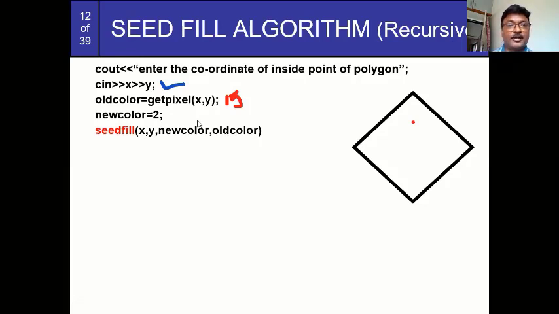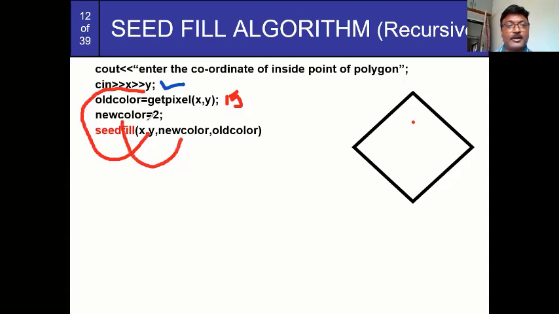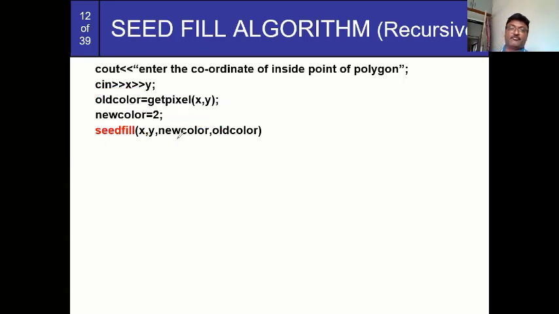Okay. So the x and y value you have already read. That value you have to put over here. This is my x y value. Then the new color value you already read, so put that over here. And then your old color is 15. So this is my old color value. Once you put all the values in the function that are required, the 4 parameters, this is your function. Here I have written the name that it is recursive.